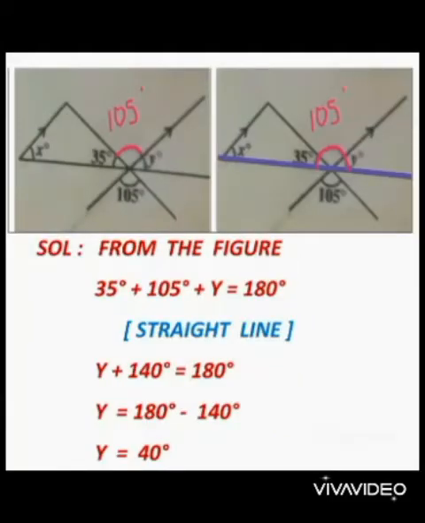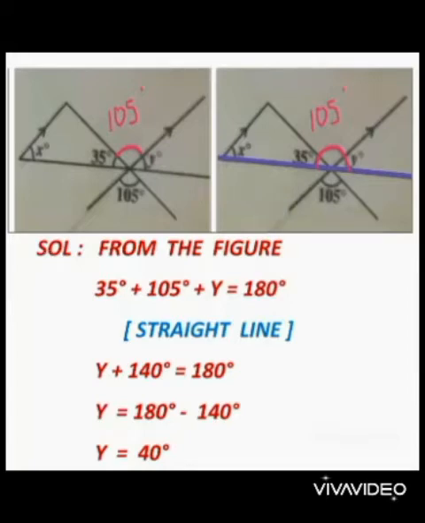Okay, children, let us move to the solution. First you observe the first figure here, children. Okay, in this figure they have given this angle as 105 degrees. So, the angle opposite to this angle is what here? 105 degrees only, isn't it? What is the reason there? Vertically opposite angles. Okay. Now, you look at the second figure, children.